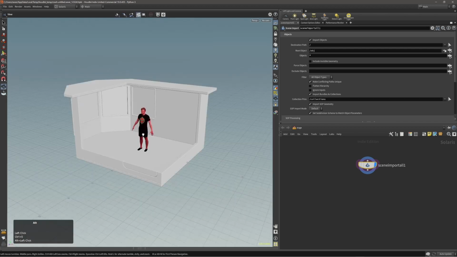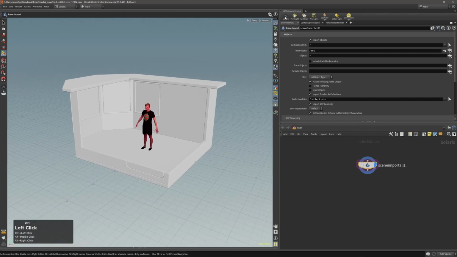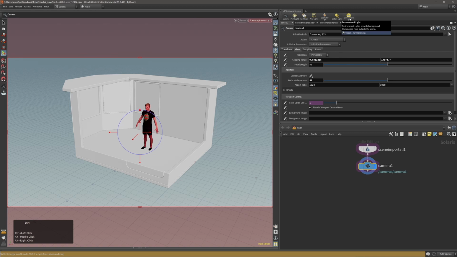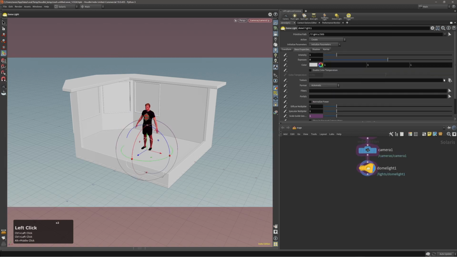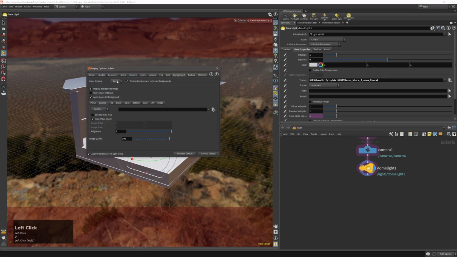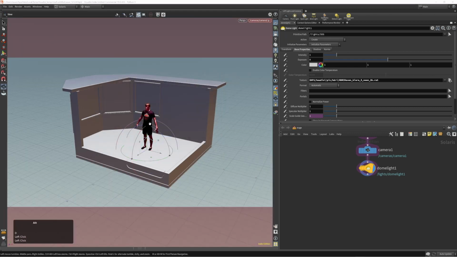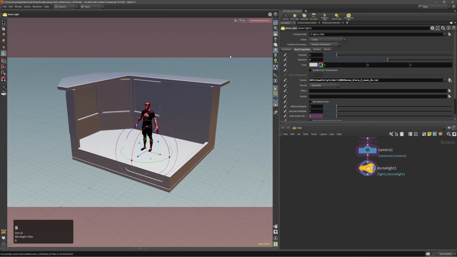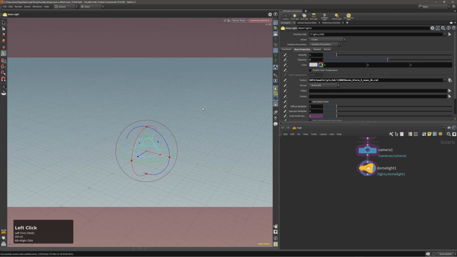Can hide this. Let's add camera. Let's add environment light. Let's remove the background, and let's hit save. Let's go to Karma,